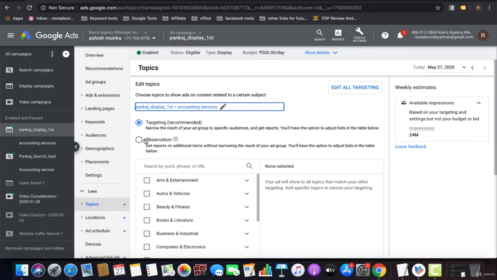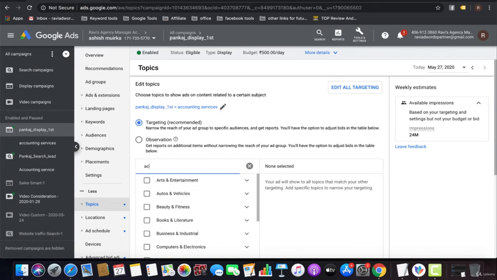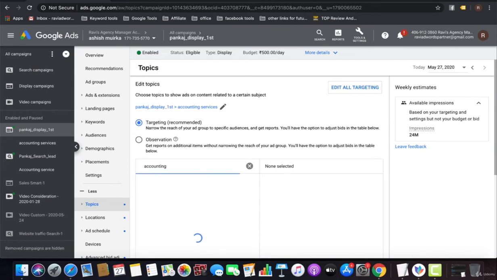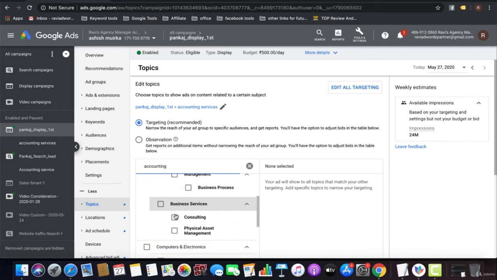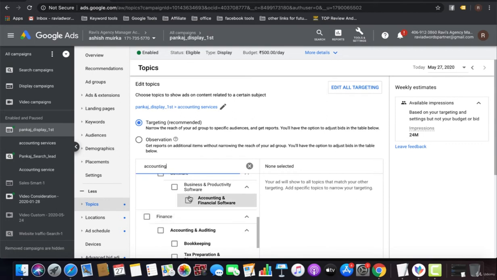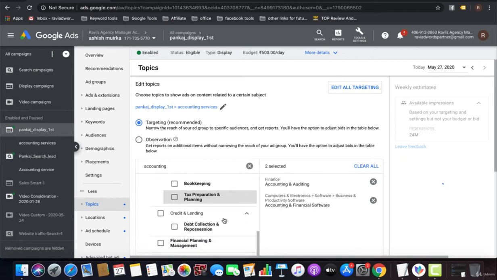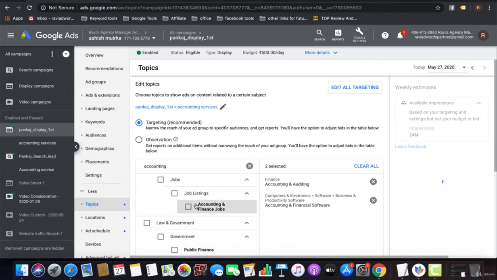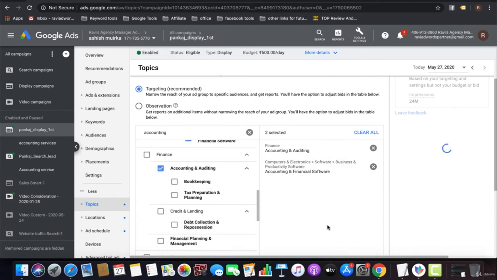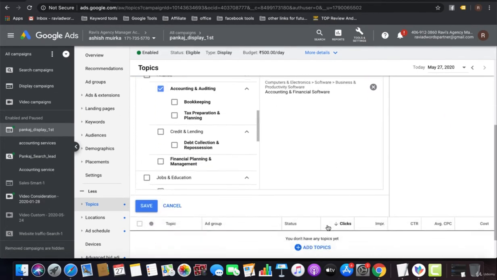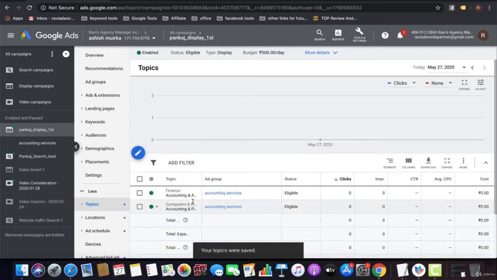Like if I'm using the targeting option with this, these are the categories which are related to my business. Yeah, I can target accounting and financial services, accounting and bookkeeping, auditing, and I'm not going to target job category. I'm not trying to target news, law enforcement, though these are topics which are related to my audience size. So we have already set up the topics. Now